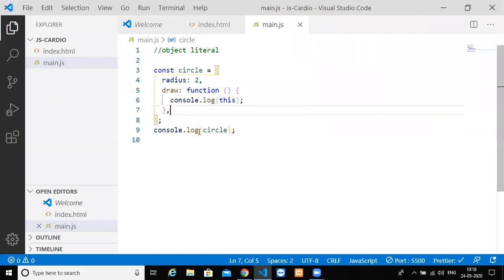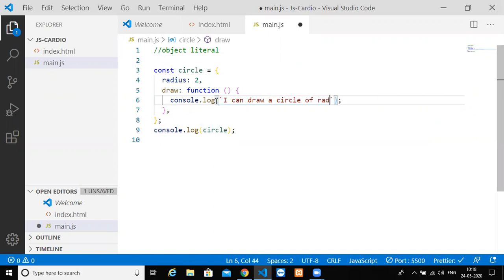Now if I want, I can type in here and give some backticks. I can draw a circle of radius, and I can give it as radius, the value over here.